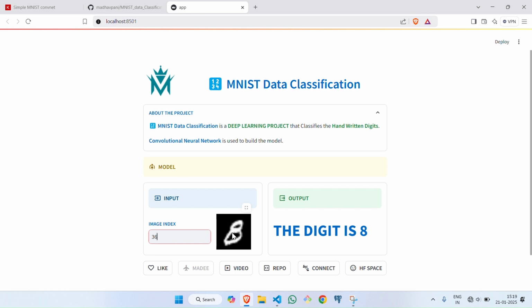So let's check another one or two values. 444. Hit enter. So the digit is 2. 5656. Press enter. The digit is 8. So guys, you know our model is showing accurate values